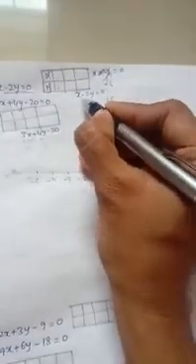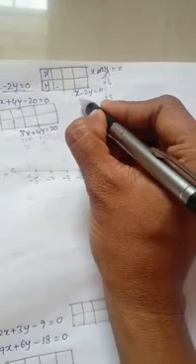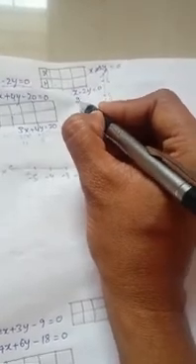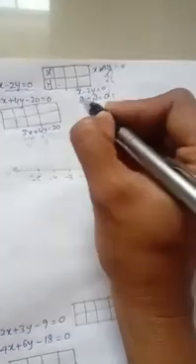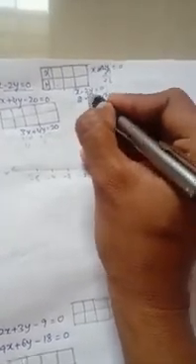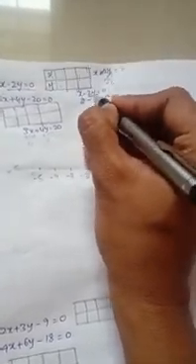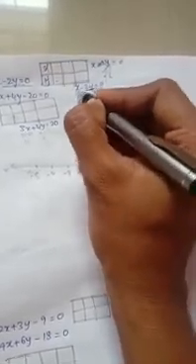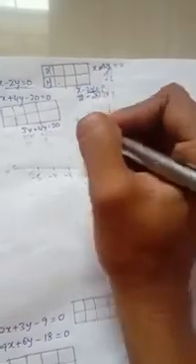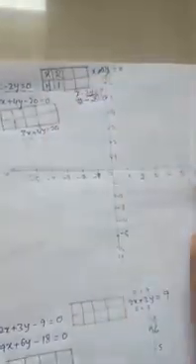Therefore, the x value, y value. When we put x is equal to 2, 2 minus 2 is equal to 0. Therefore, this is 2y, so 2 ones are 2. Therefore, the value of x is 2 and the value of y is 1. 2 minus 2 is equal to 0. X is 2, the corresponding y value is 1.